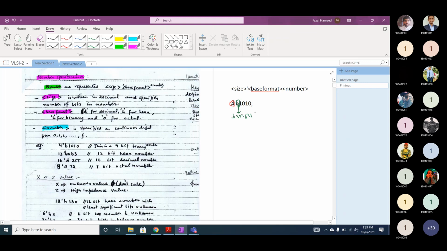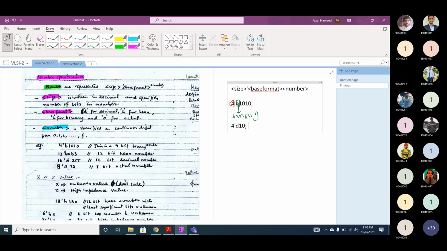And what is the value of this number? 1010. Now if I want to represent the same number in decimal, how can I write it? 4 is the size and will remain the same. D stands for decimal, 10. Both are the same, but the representation is different.